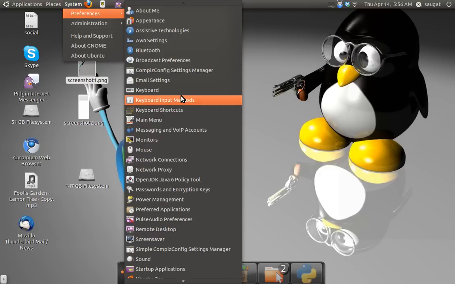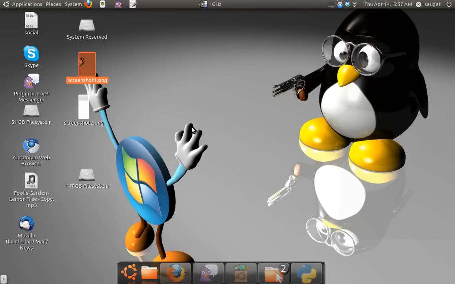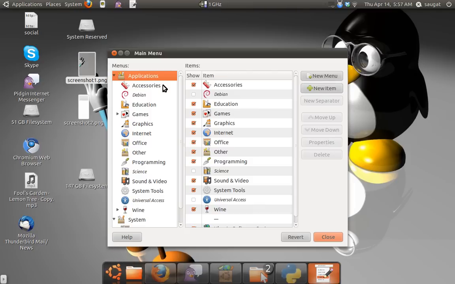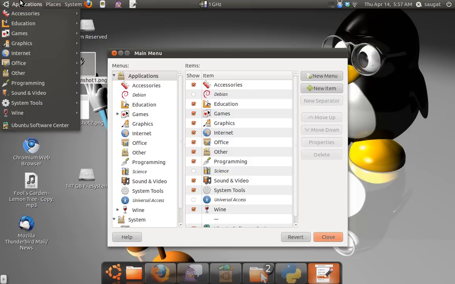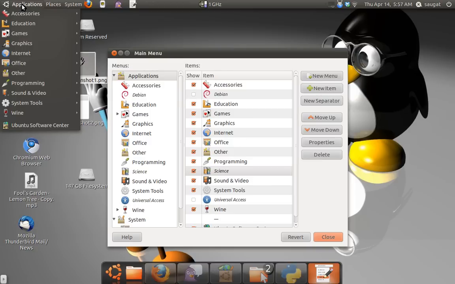Now let's move to other things. Keyboard, I think everyone can manage this. Input method, you can do this. Main menu, change which applications are shown on the main menu. Okay, this is full tools. Let's do this. Okay, so we have discussed these applications. We have 5 different categories over here. If you don't want to show anything, like your sign is not shown, like show this sign. Okay, let's